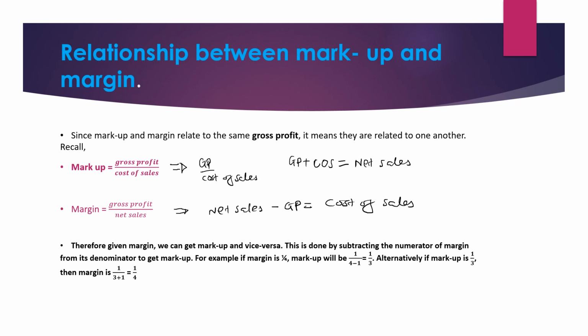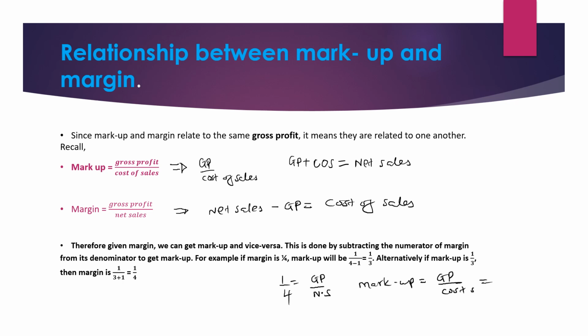Let's proceed. Therefore, given margin, we can get markup and vice versa. This is done by subtracting the numerator of a margin from its denominator to get the markup. For example, if margin is 1/4, this simply means that the numerator is the gross profit and the denominator is the net sales. Then we can get the markup. How do we get the markup? Markup is the gross profit over the cost of